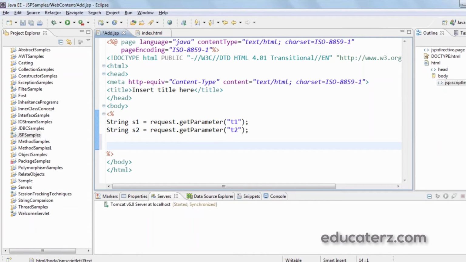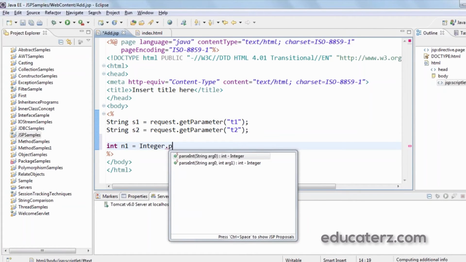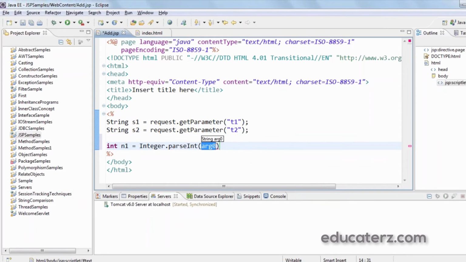Since I want to add two numbers, first I need to convert these strings into integers. So int n1 equals Integer.parseInt of s1.